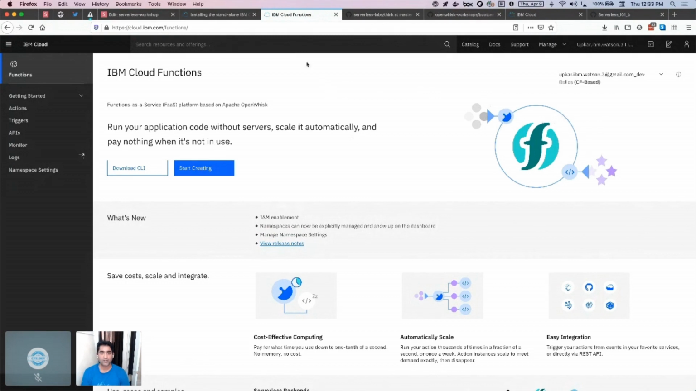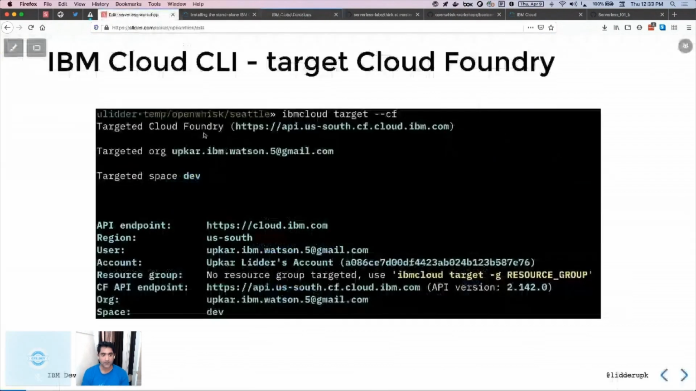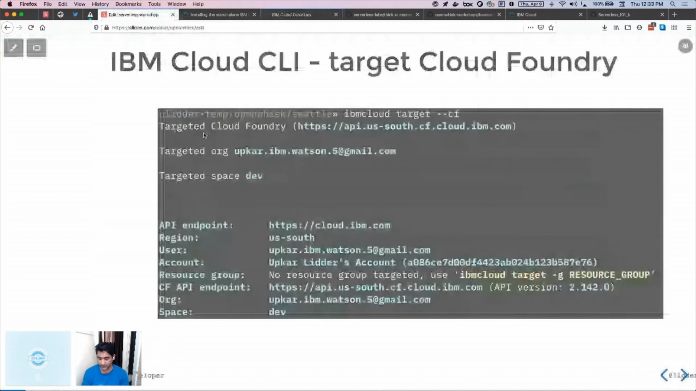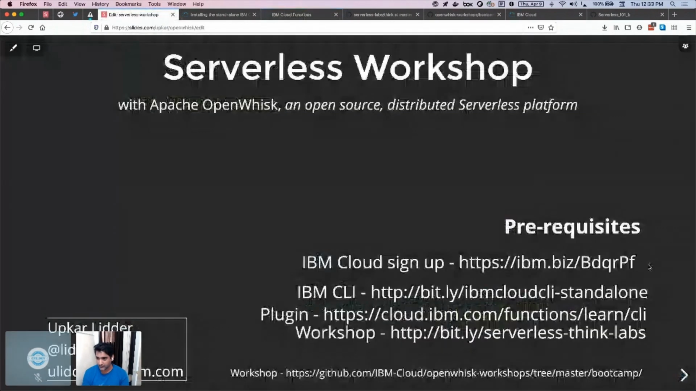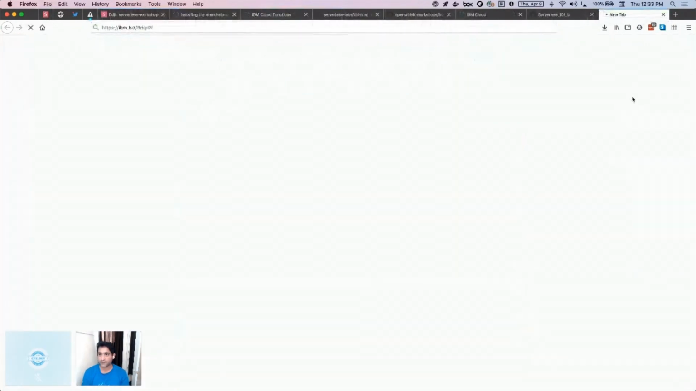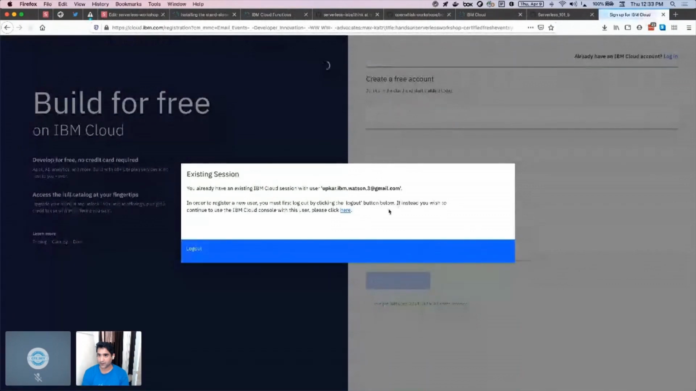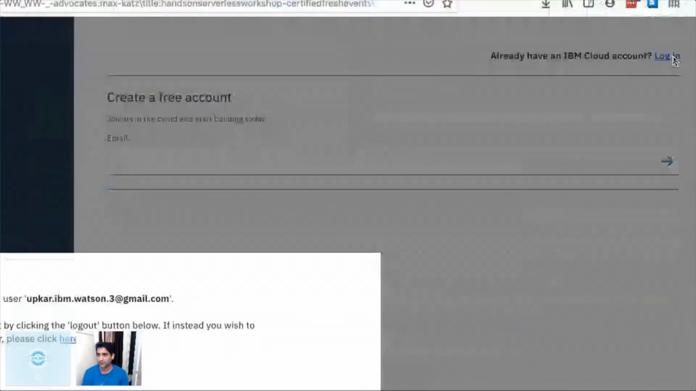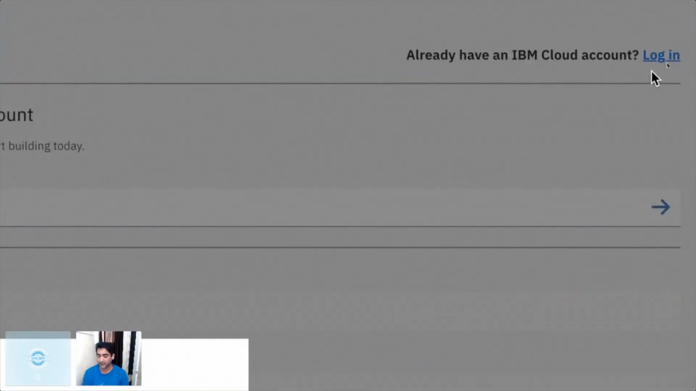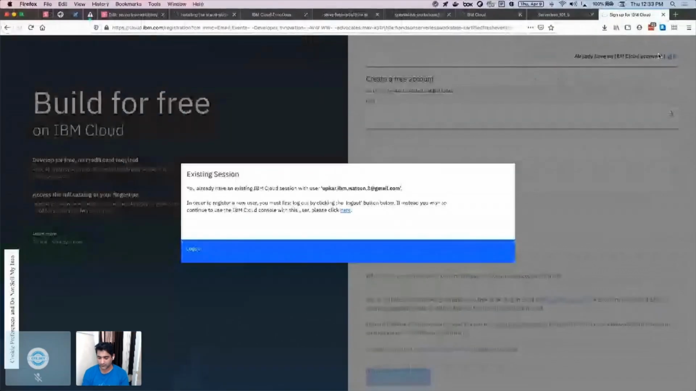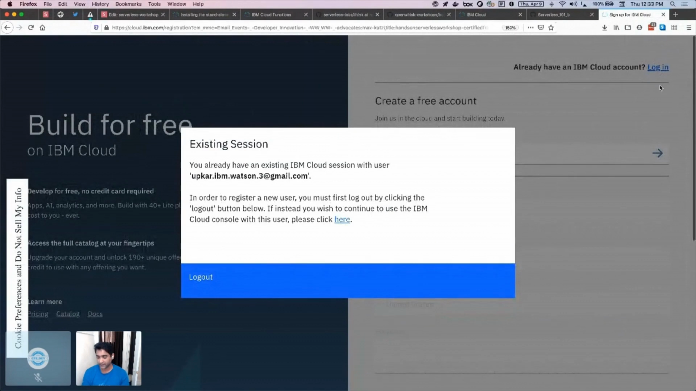Also, if you go back to this URL, the sign up URL, there is a login button on top. If you see right on top here is a login button. Oops, that doesn't help, huh? So on top right, there's a login button. Log in there, and then